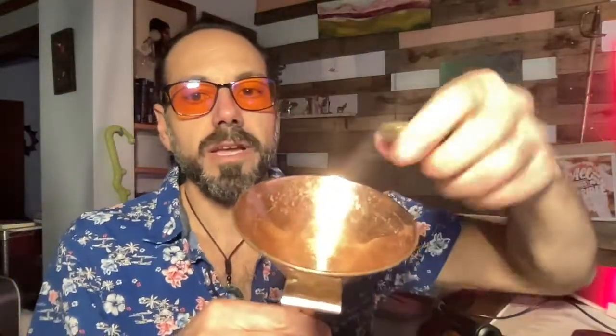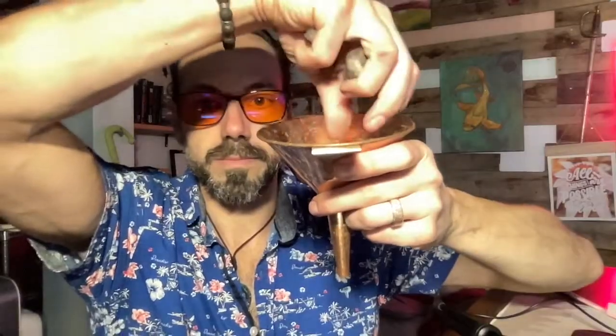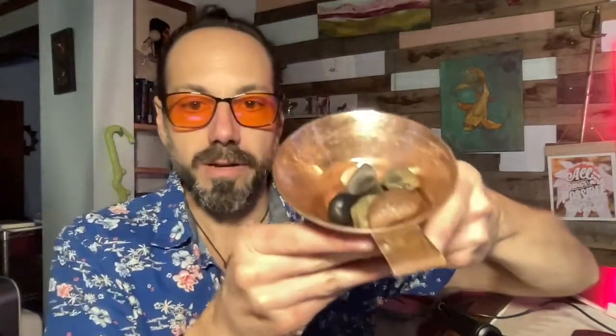And so what you're going to do is you're going to take your funnel and you're going to take your rocks, your crystals. Okay, so there's no rhyme or reason. This is nature. It puts things randomly, but always in the right way. And you can do this. So there's my rocks. I'm going to take the water, my filtered water,